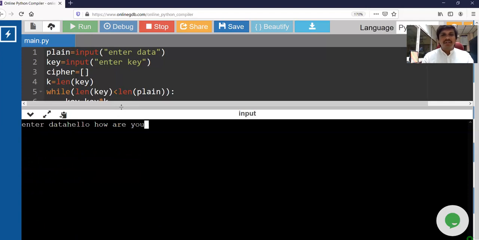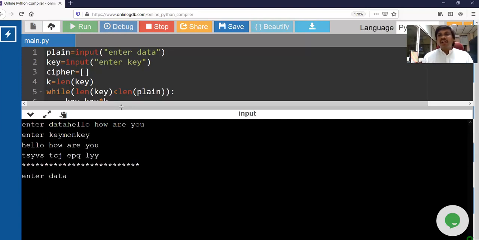How are you? Fine. Okay, this is my data. And the key is, let that key be monkey. What I'll do is, I will call him or her saying that the key is monkey, and I'll be transmitting the data. So the third person in between me and my friend will get to know only an encrypted text. Unless he knows the right key, he cannot decrypt the text.